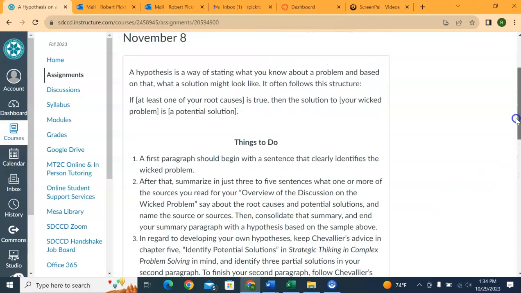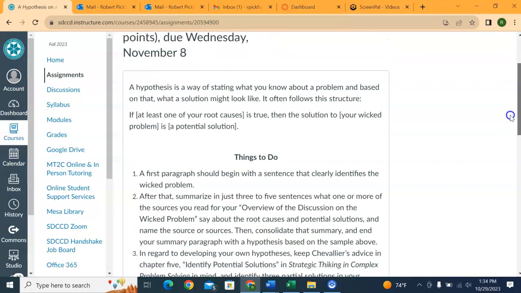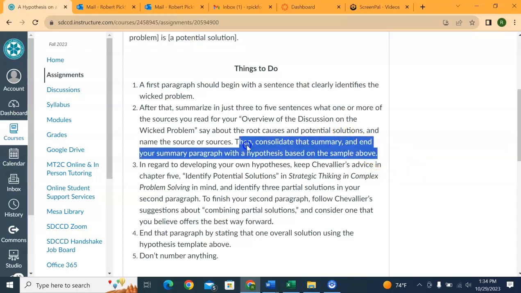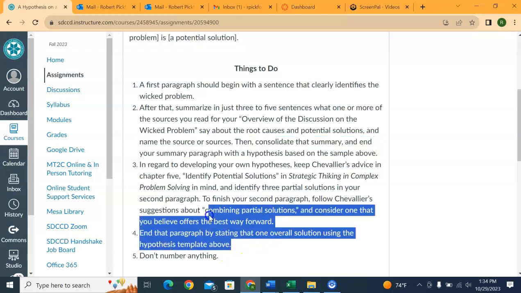Now, what's the difference between the hypothesis at the end of your first paragraph, at the end of your second? You may ask, and you probably will. This one comes off the combination of what your sources say about the solution to your wicked problem. That's the one that ends the first paragraph. The one that ends the second is what you say. Your belief on which of the partial solutions you list in that second paragraph really seems like the right ticket